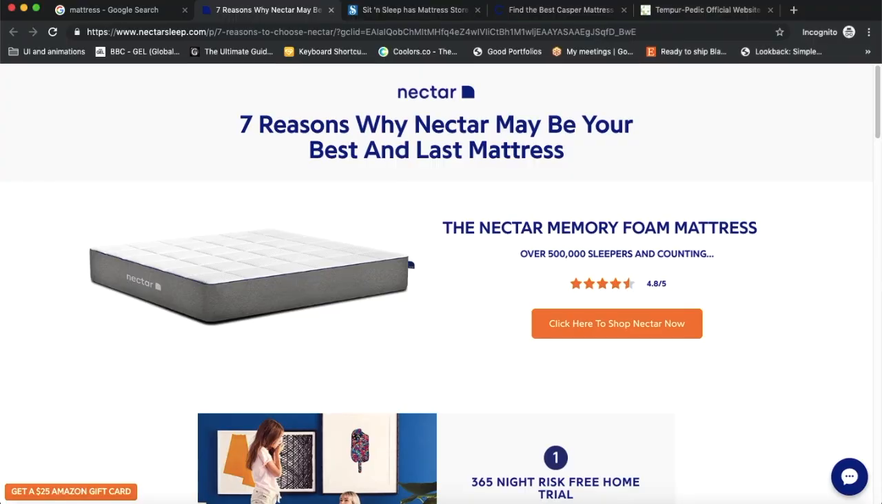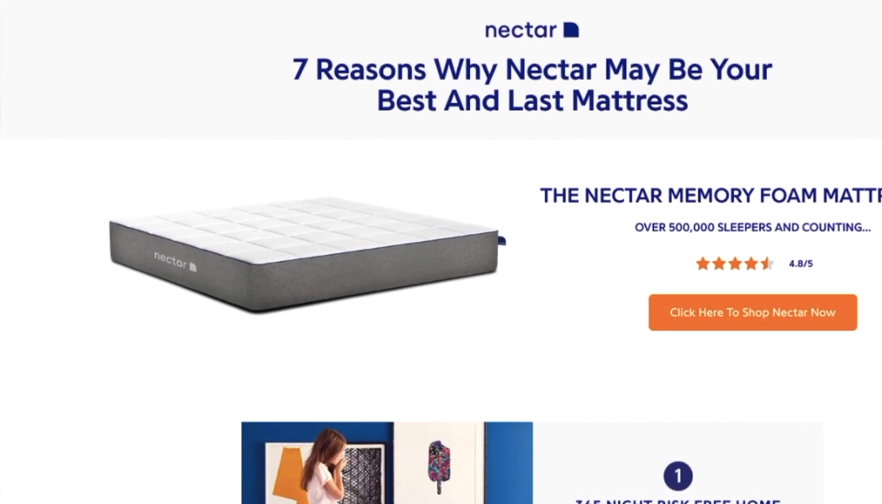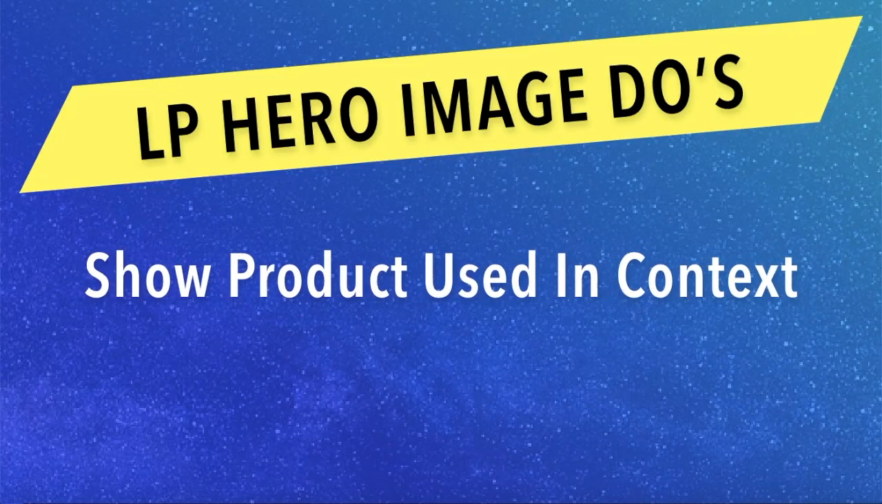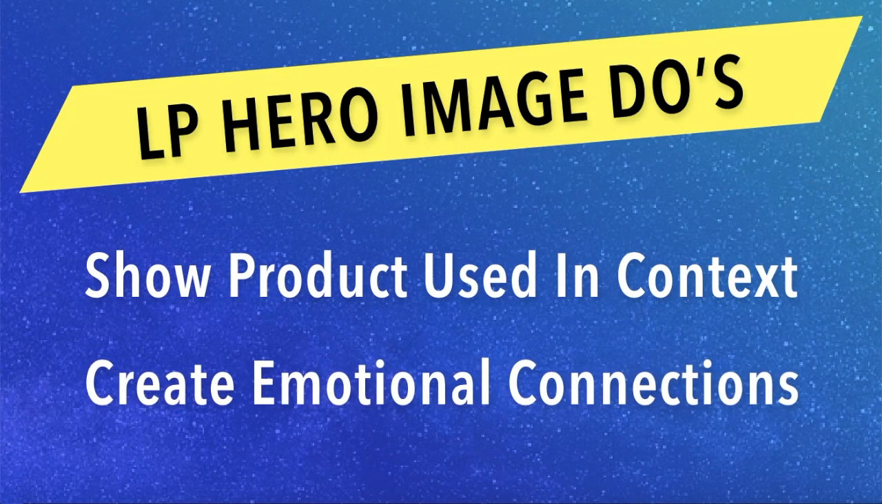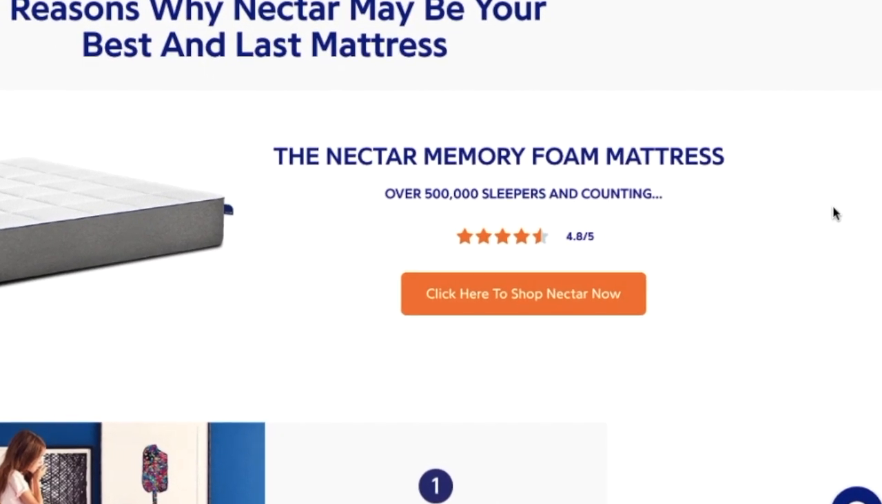Now, if we look at the Nectar example, there's just a white mattress floating on the screen, and I have no emotional reaction to it at all. I'm like, all right, yeah, they're talking about a mattress, so that's cool. So I'm looking at Nectar's call to action, and it's a large orange button that says click here to shop